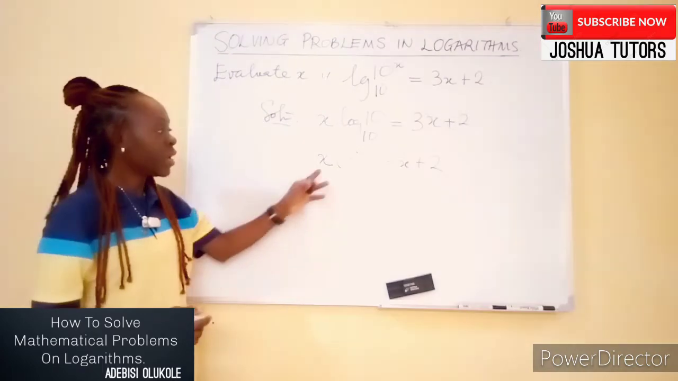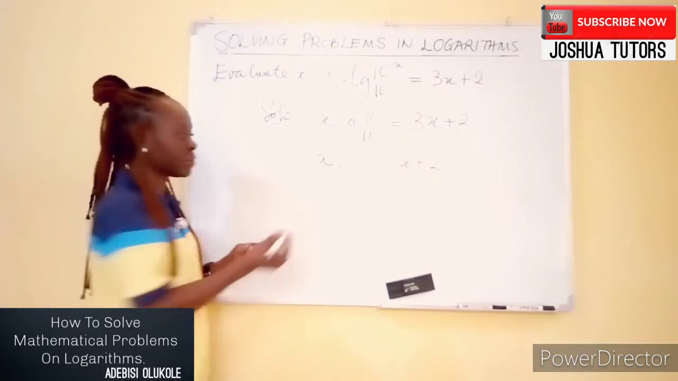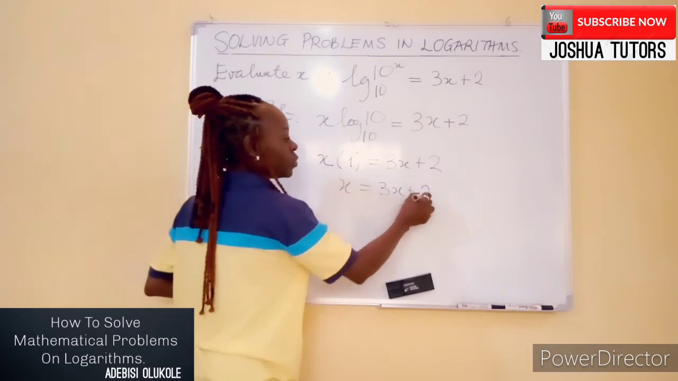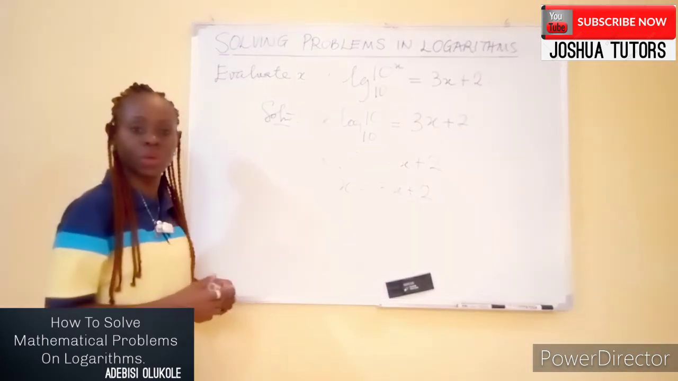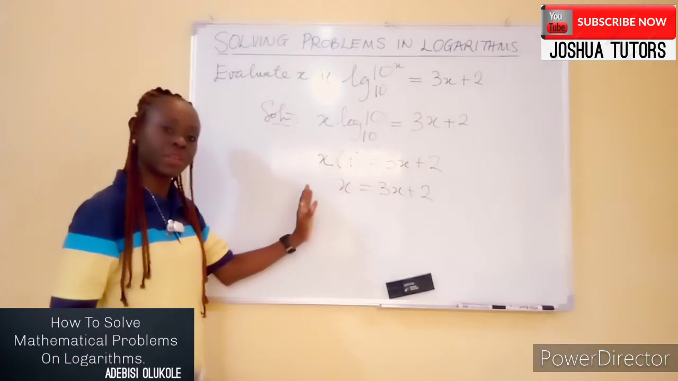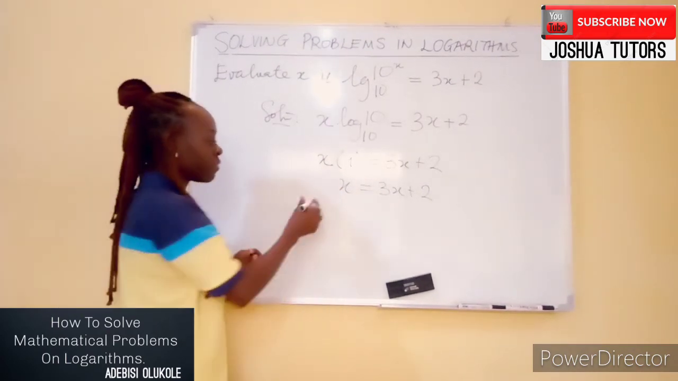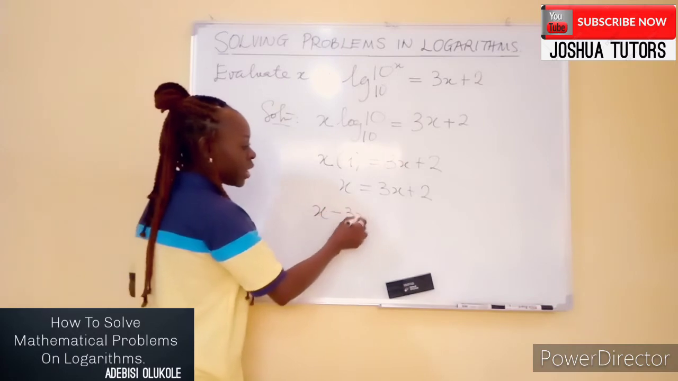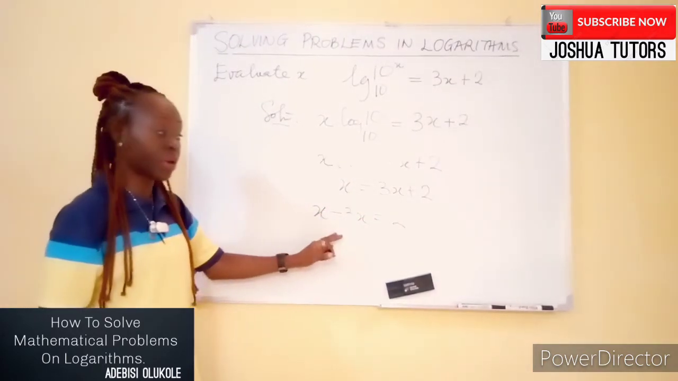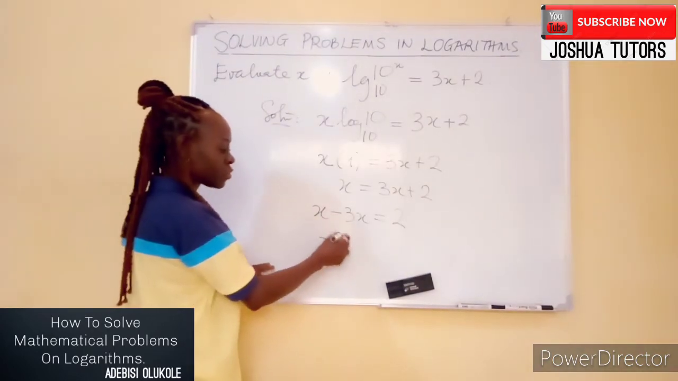So I have x times 1 is x. So I have x equal 3x plus 2. I collect like terms across the equality sign. So I have 3x moving to the left hand side of the equality sign. I have x minus 3x equal to, x minus 3x is minus 2x. So I have minus 2x